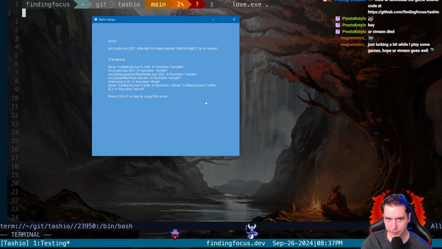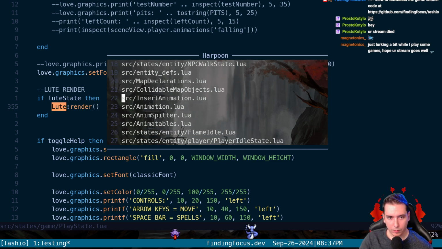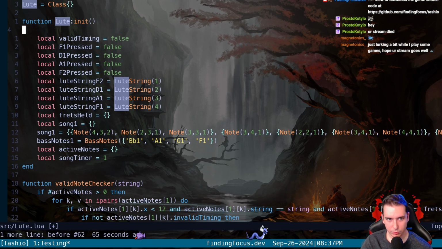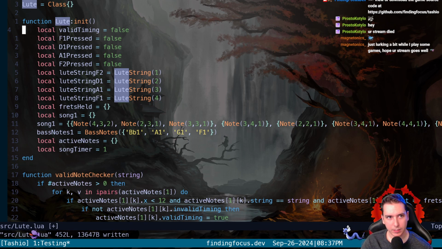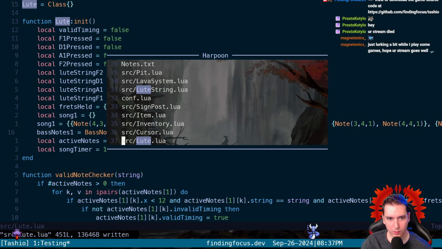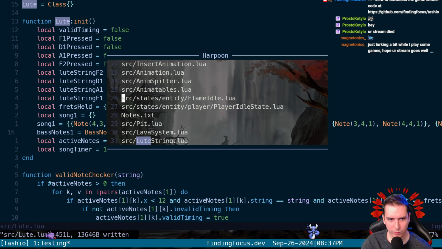All right, index global Lute string F2 a nil value. Let's see. Lute string 2. Lute string... Oh. Lute string is a class that needs to be required. So we need to require Lute after our Lute string, note, and bass notes, because we reference those things.